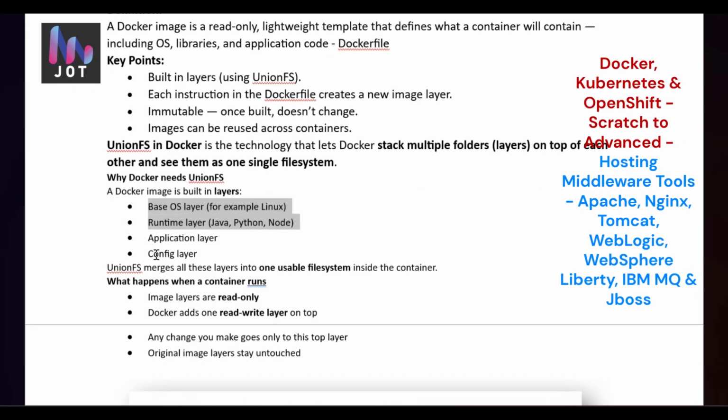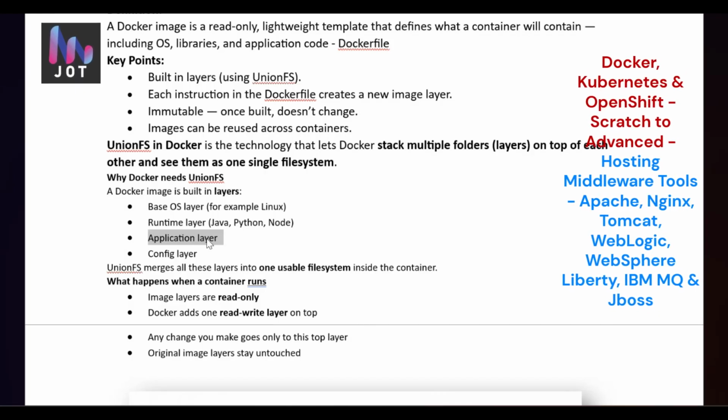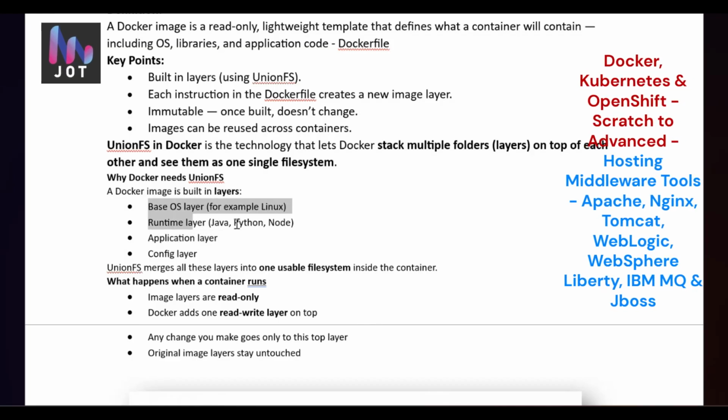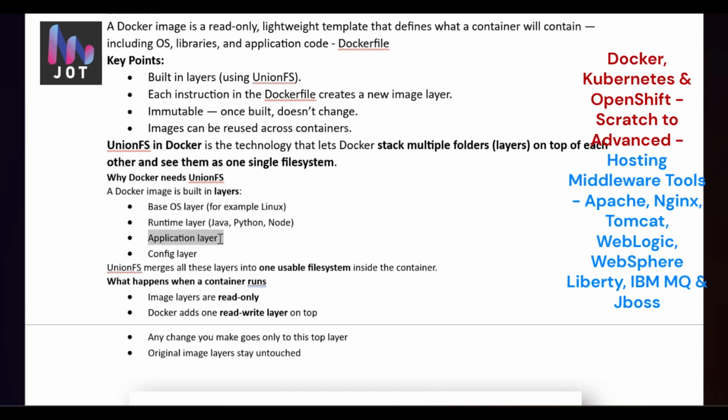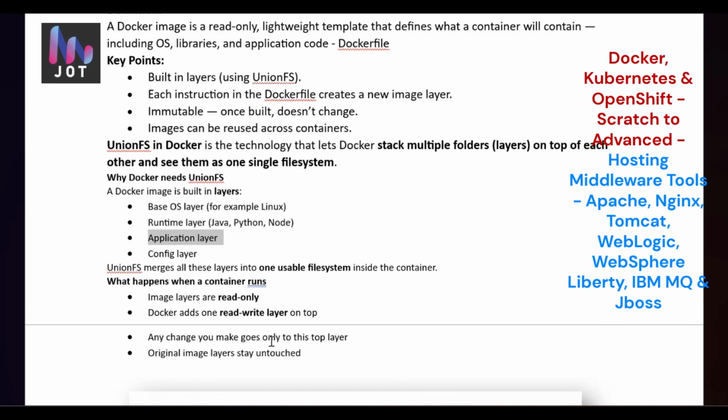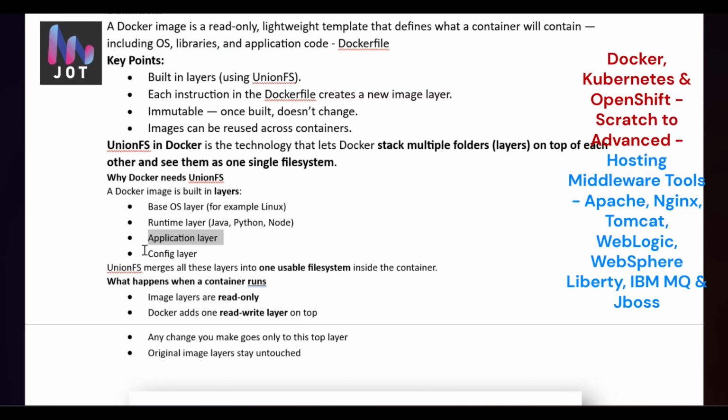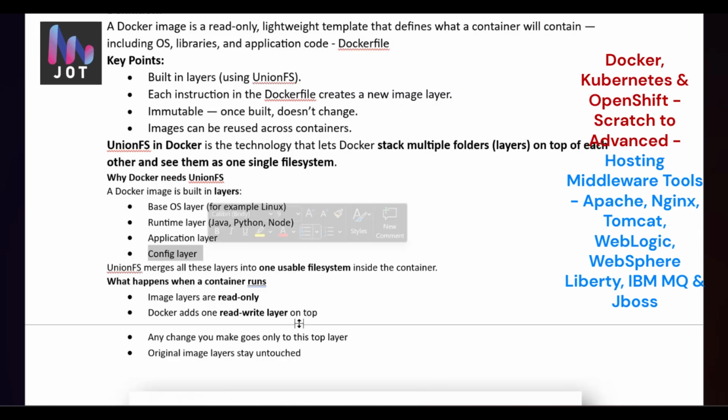And developers can add the application layer. The application layer is a read-write layer on top of these two layers. Once the application layer is created and it is given to you to deploy on either QA or prod, you can create one more layer